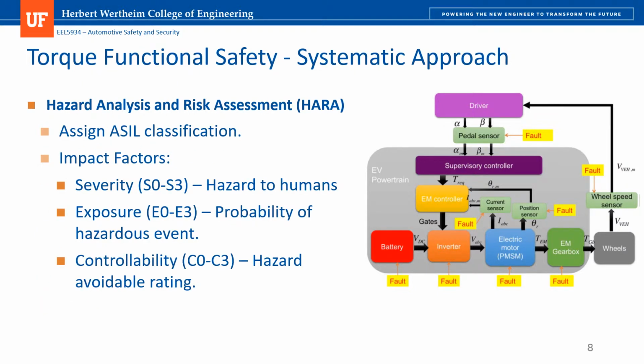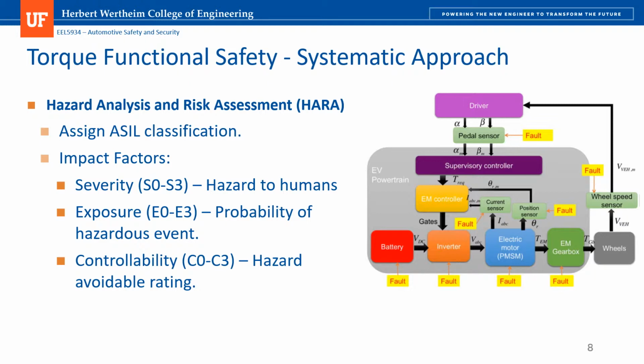The next step in this functional safety approach is to address the hazards, determine the hazards and the risk associated with them, and assign the ASIL classification. The factors involved with this are the SEC, which stand for severity, exposure, and controllability. Severity, exposure, and controllability are labeled through a 0 through 3 classification, 0 being the least hazardous and 3 being